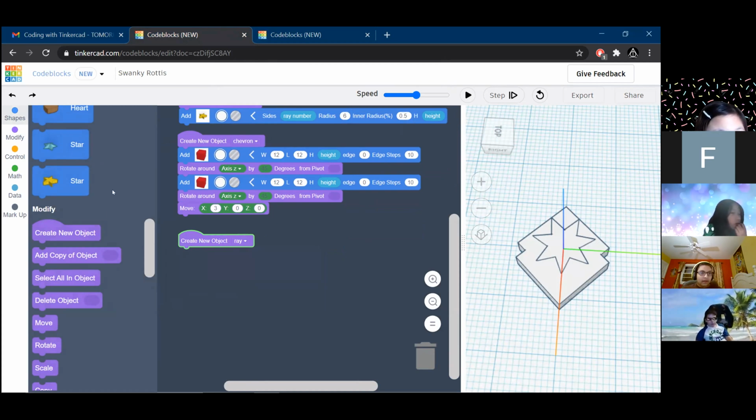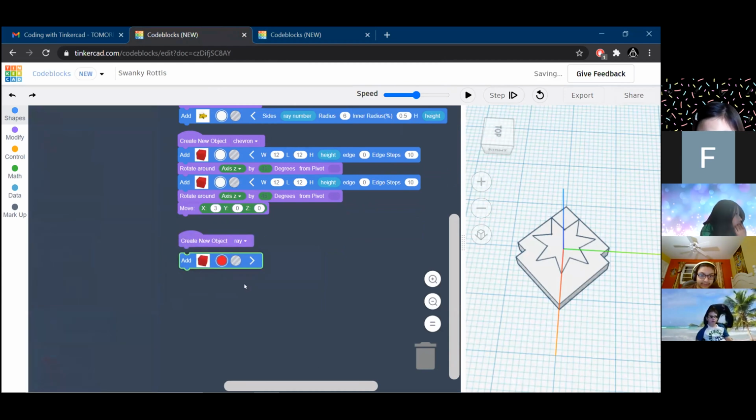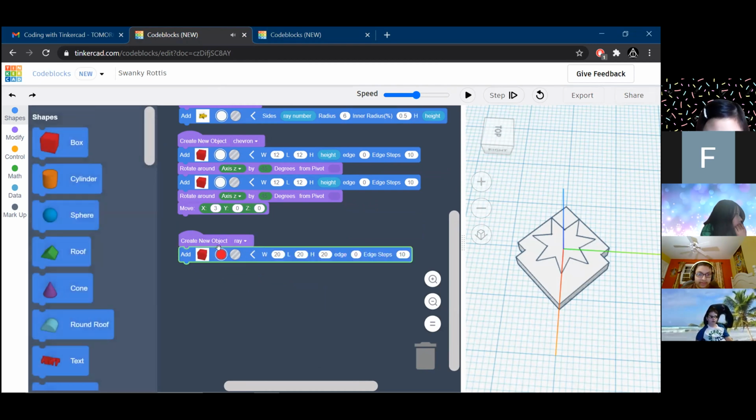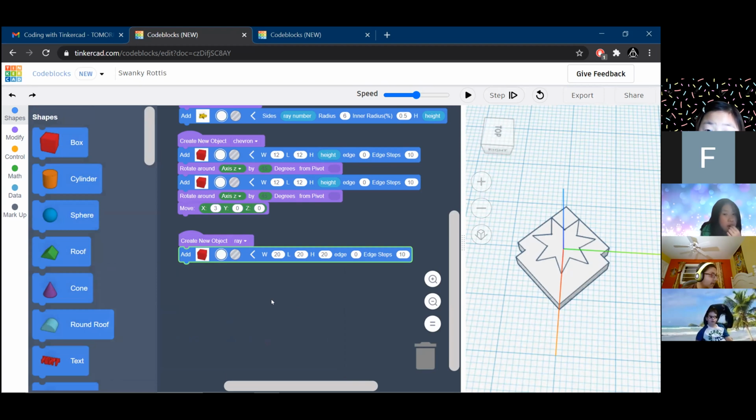We're going to drag in a box, and we're going to create a new variable.